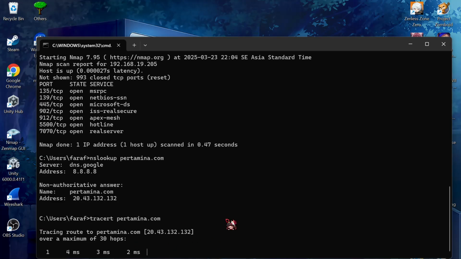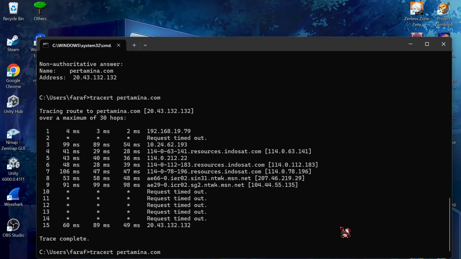Now we just wait a little bit. Okay, after several minutes, finally the last output is shown. The result shows the hops the packet travels through before reaching pertamina.com. The last IP in the list matches the domain IP, confirming a successful trace route. As you can see here, it matches right here or here.